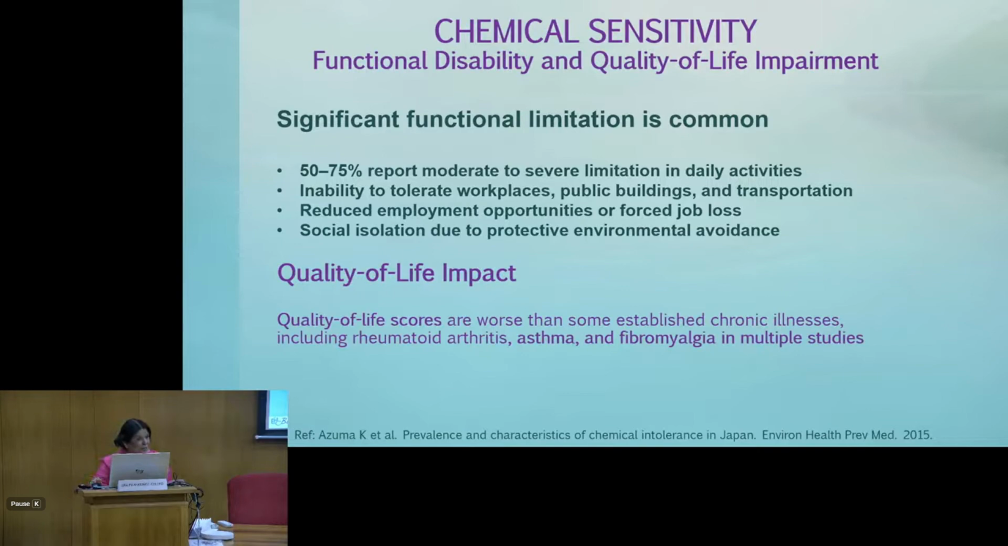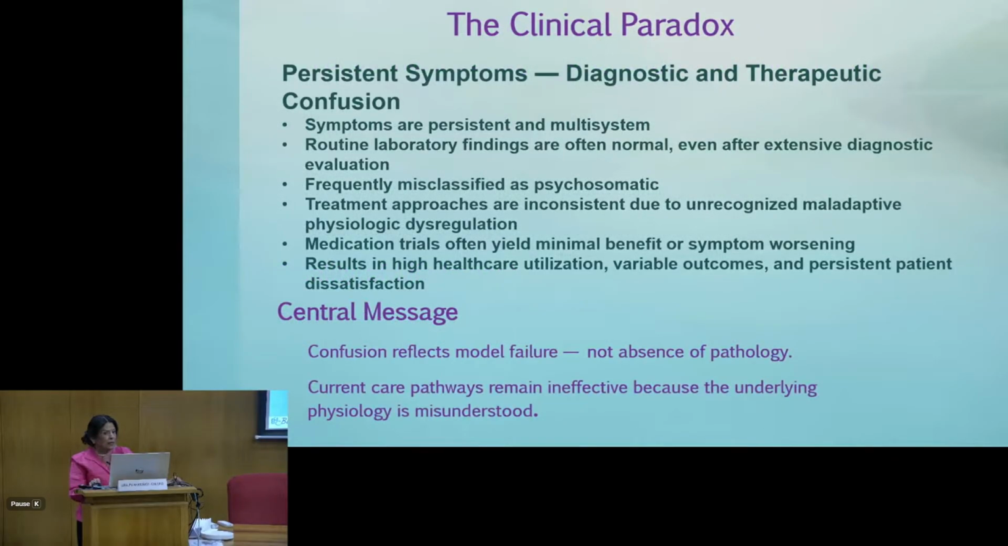And this is a big problem. If you are socially isolated, you are not able to function. So the quality of life score is also reduced, just like patients suffering from rheumatoid arthritis, asthma, fibromyalgia, or multiple other diseases. And there is a clinical paradox. The patient is suffering from persistent symptoms. However, there are diagnostic and therapeutic